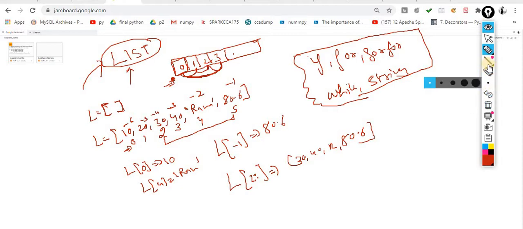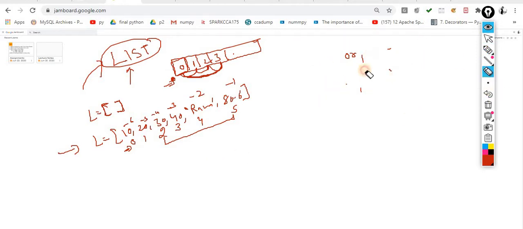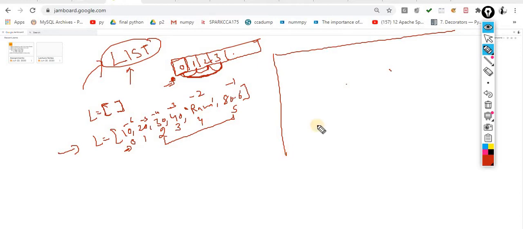Now the next one, again I am explaining the same concept that we already discussed in the string case: iterate the items of this list. Very simple process. There are two ways that I am showing you. One is the little easy method, and the second is also easy, but it is a little lengthy method.